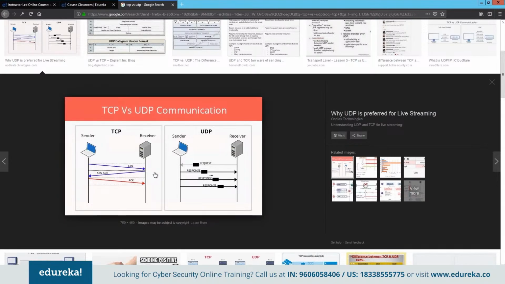If 10 packets need to be sent, the receiver will acknowledge each and every packet. The first packet is good, second packet is good, third packet is good, and likewise the fourth packet is missed, but by the end of the session the receiver needs to have 10 packets in hand. If he misses the fourth packet, he'll send, I did not receive packet number 4, please send me the packet